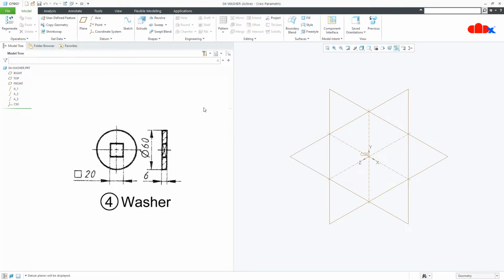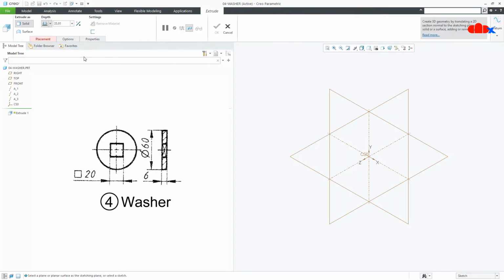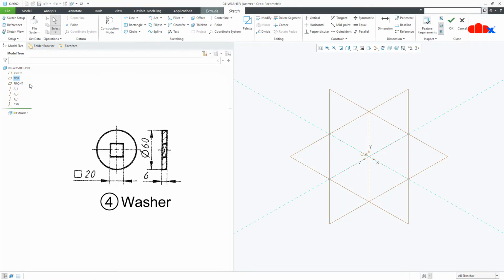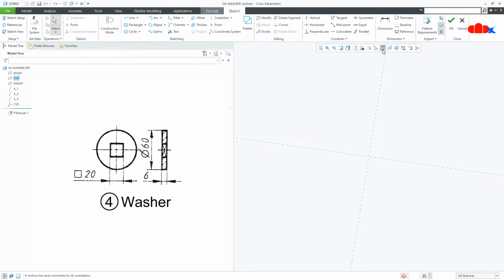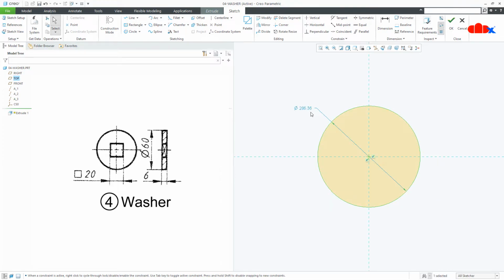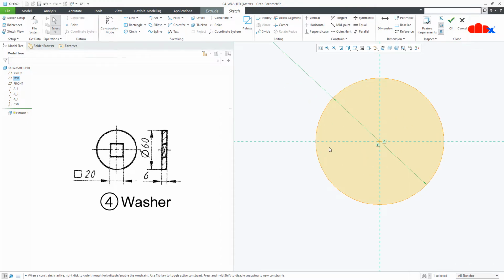Now for this, I will directly go to extrude onto the top datum plane, normal, switch off all the datums. Draw the circle, dia is 60. Now draw the rectangle.